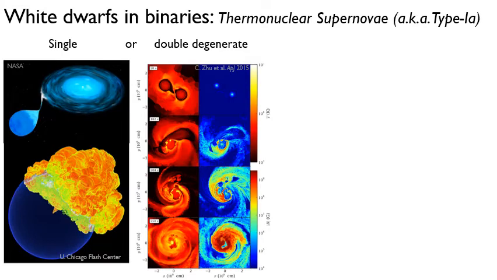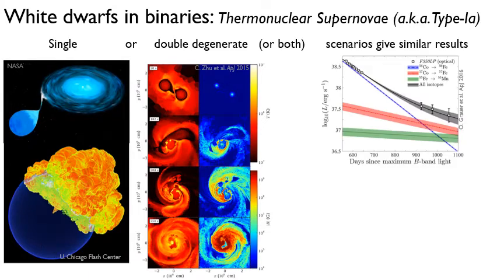And again, you'll have a huge explosion releasing a lot of energy. So interestingly, both of these give very similar results. In both cases, what's happening is you're making a whole lot of nickel-56, and that nickel-56 will undergo radioactive decay, and you'll get some light curve, so the luminosity versus time, that follows something like this band here for some